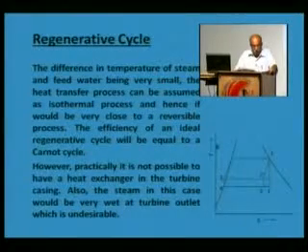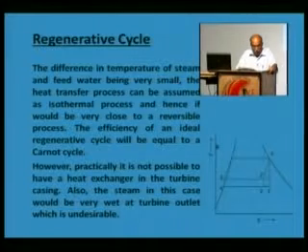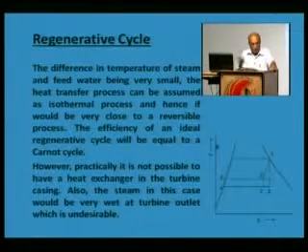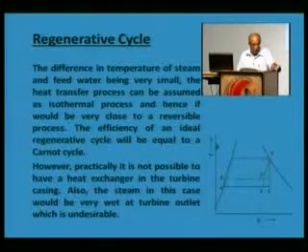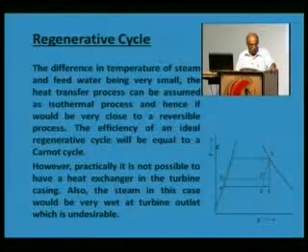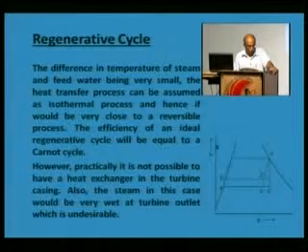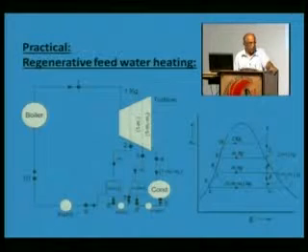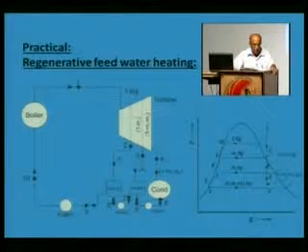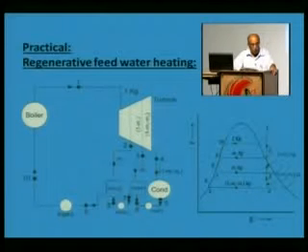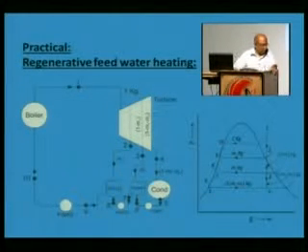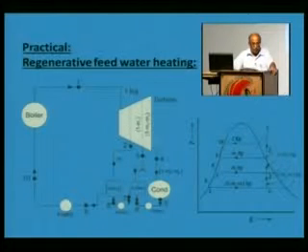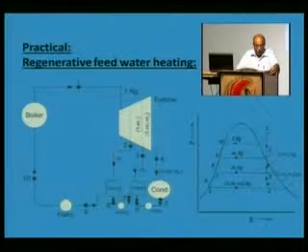The difference in temperature of steam and feed water being very small, the heat transfer process can be assumed as isothermal process. Hence, it would be very close to a reversible process, and the efficiency of an ideal regenerative cycle will be equal to a Carnot cycle. However, practically it is not possible to have a heat exchanger in the turbine casing. Also, the steam in this case would be very wet at the turbine outlet, which is undesirable, and therefore, some practical considerations have been used to make this cycle a practical cycle, and it has been shown in the slide here, the practical regenerative